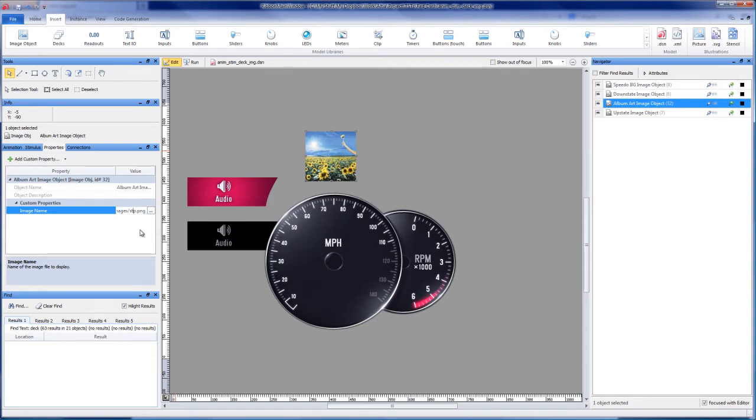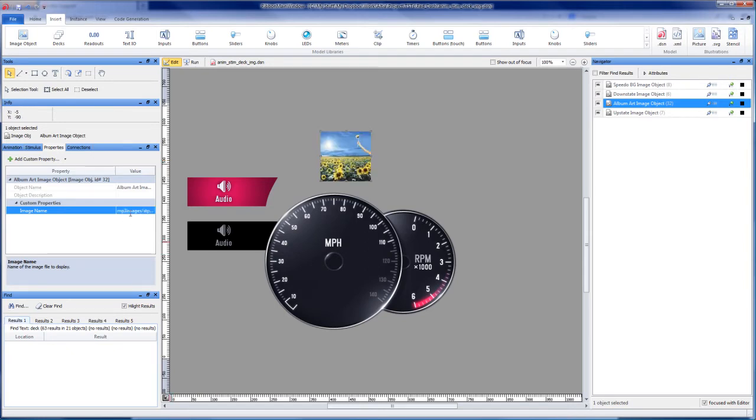For example, right now it's pointing to stp.png, and the one I have selected right now is this album art. Were I to change this to stained.png, you notice that it quickly re-referenced the image. This is not only handy at design time, but it's also great at runtime because this allows you to dynamically update your images at runtime. And so what I've done with my hands here, just by typing it in here, is I've changed the relative path to that image.